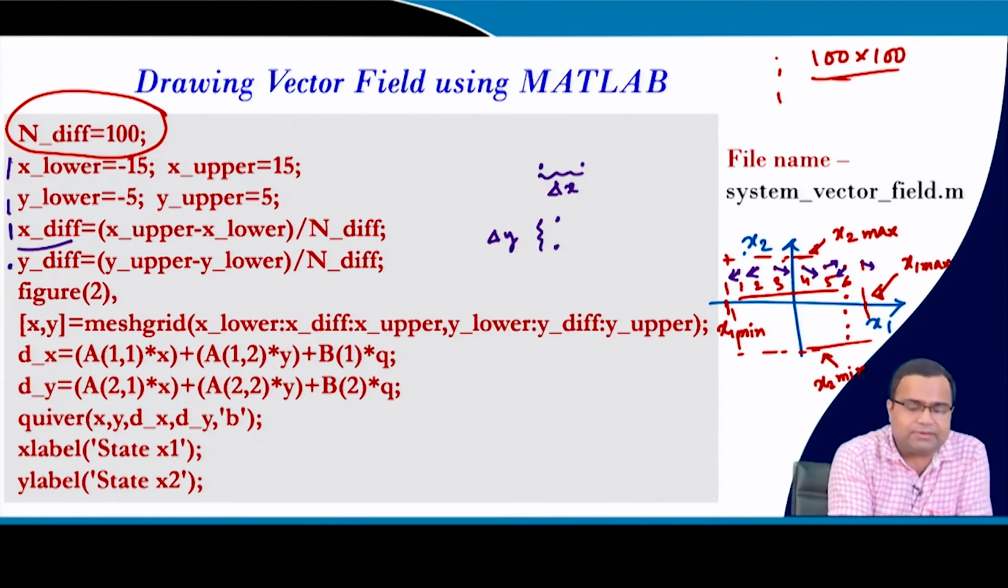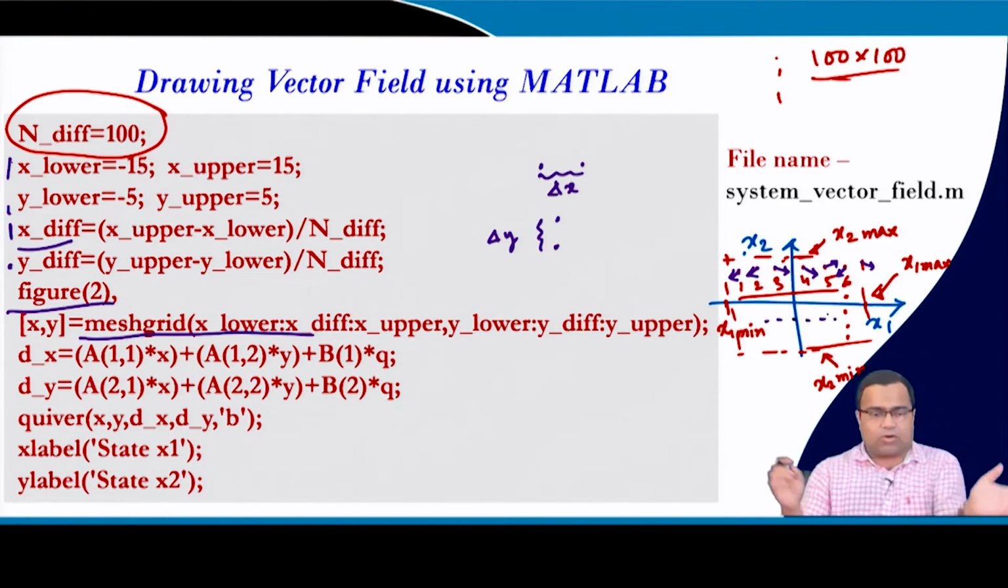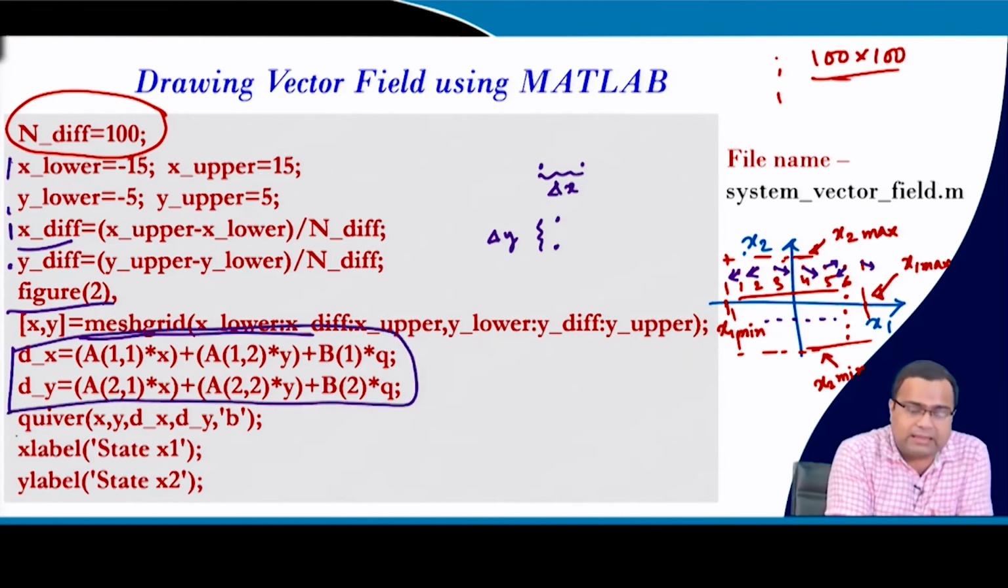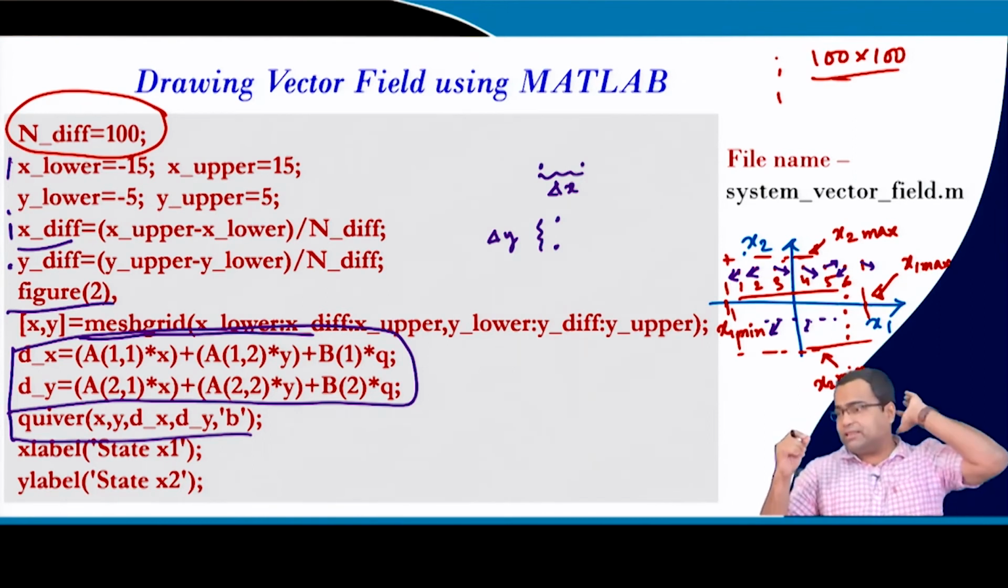So, y diff, then the figure, and this is a mesh grid where we are creating this dot dot dot dot dot. Mesh grid is creating dots. Then you have to plug in the actual dynamical equation here, which you have already considered, and then it will draw the quiver plot. That means, the quiver plot means these arrow marks, it will plot automatically by computing their